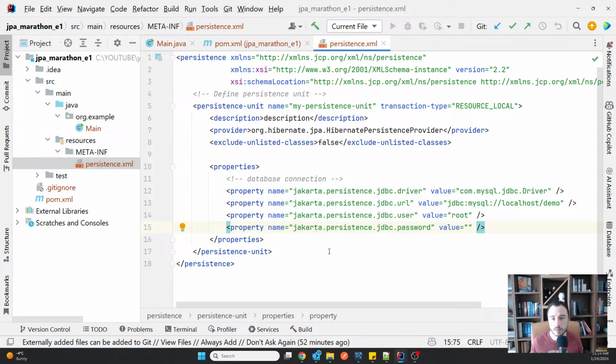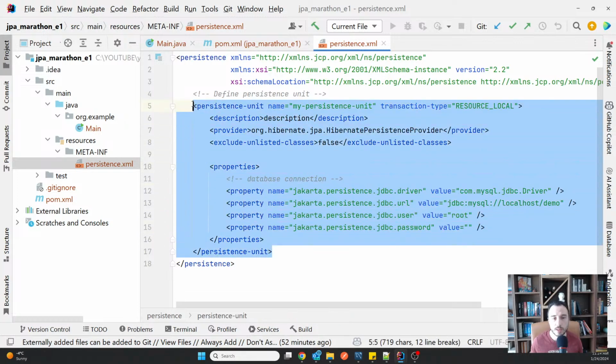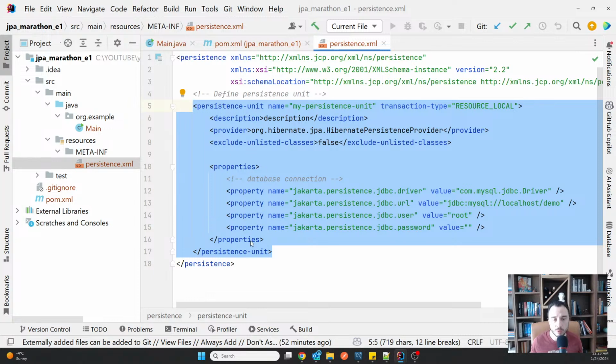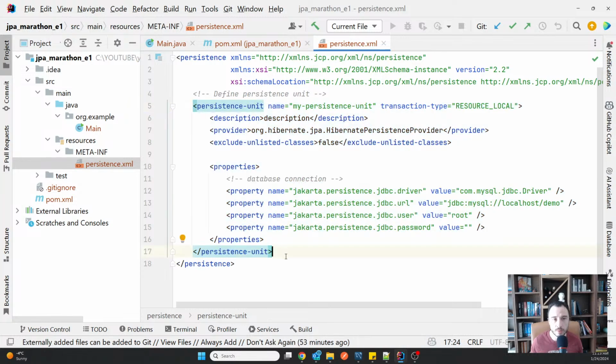I'm going to start in chronological order, let's put it like that. I'm going to start with the oldest option, which is describing your configuration through XML. You potentially still see this with older projects, so that's why I want to show you this, and then we can go on and use the programmatic approach as well, where we'll use the PersistenceUnitInfo interface to describe basically the same thing that we are describing here. Okay, that's what we are going to start with.